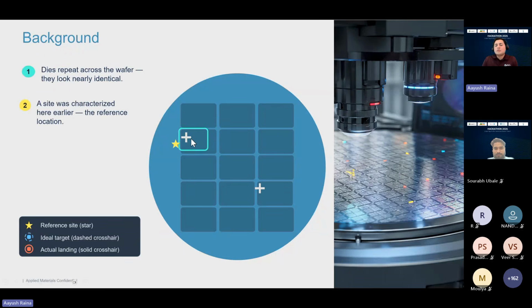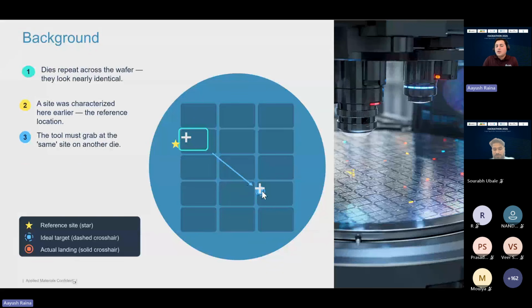But our problem is not about dies. Our problem is that we have one pattern, a plus sign, and we want to go to the same location in another die to do something there. Maybe we want to measure something or find some defects. So let's say we have a zoomed pattern with a plus sign and we took an image under a microscope, like you see in my image. We were very successful, so we star it, saying this is my reference. Now I want to go to the same location in a different tile. That means I want to go to a different die and take the same image.